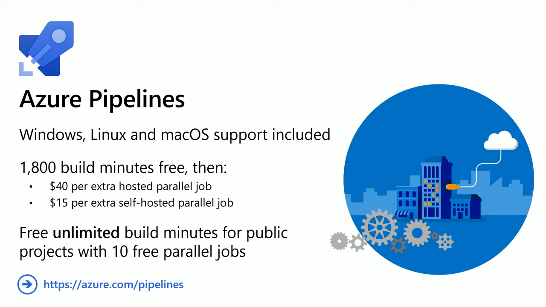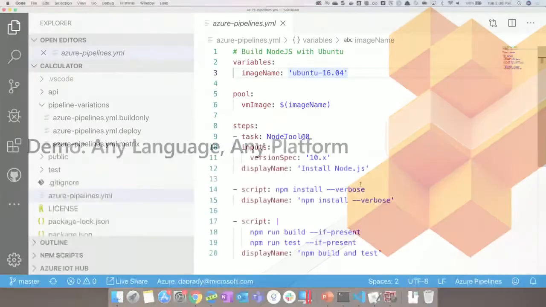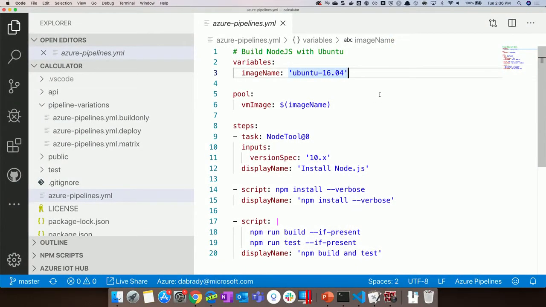Okay, right then. So the next thing that we want to do is, how can we make use of all these amazing parallel jobs you now have access to? You've now got the power of the cloud. So let's make use of it. Yep. So one of the things that I think is really cool in this is a Node application. So first of all, we're using Ubuntu because it's Node. But maybe this is a library that we're building and we want to make sure it'll run on a whole lot of different operating systems.